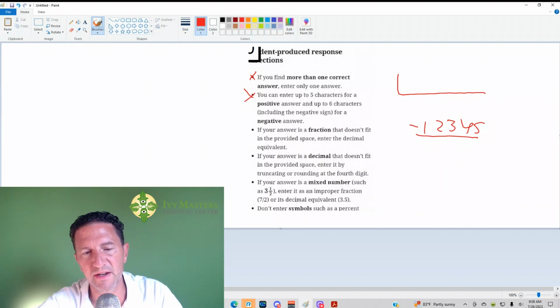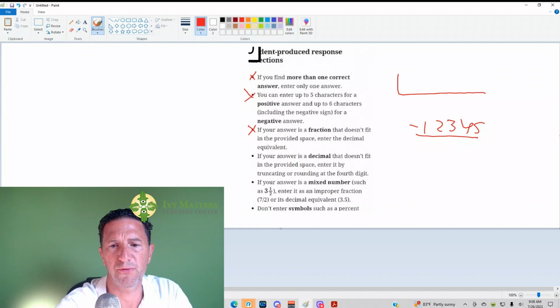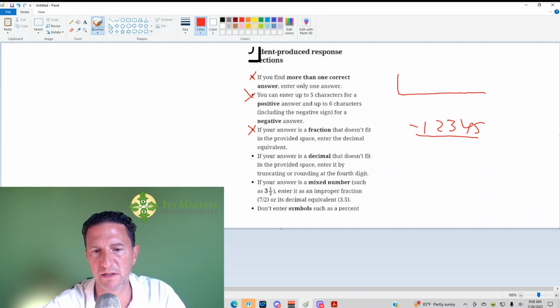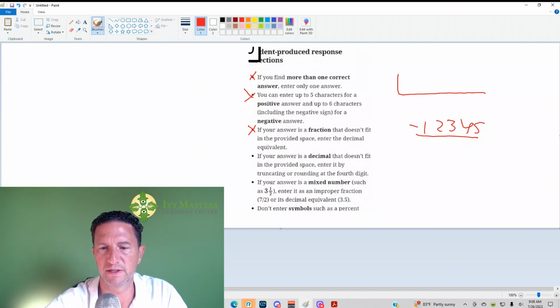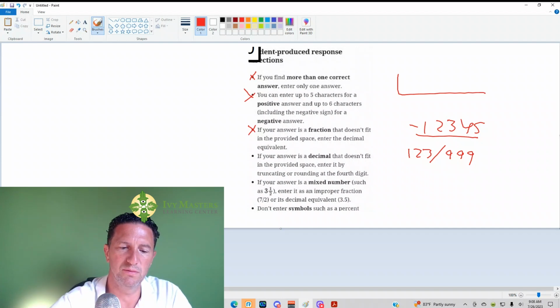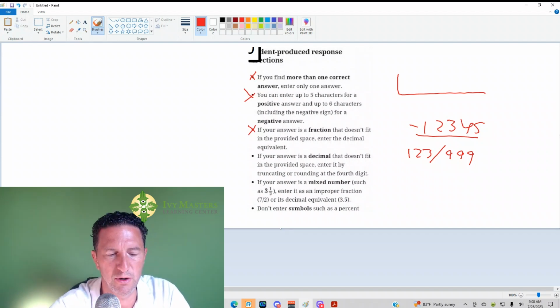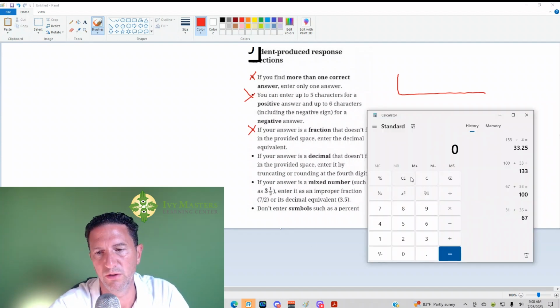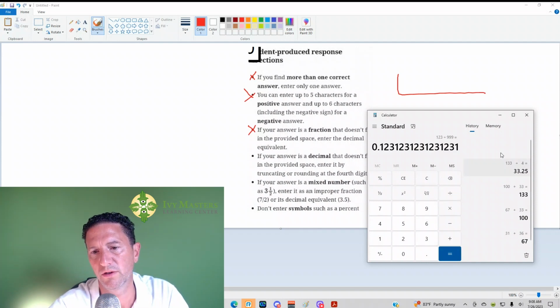Okay, next bullet. If your answer is a fraction that doesn't fit in the provided space, enter the decimal equivalent instead. So let's say you get 123 over 999. That's going to take 7 spaces. You only have 5 spaces of grid. You wouldn't be able to do that. You'd want to pull up your Desmos and then do 123 divided by 999. Entered. And it's going to be